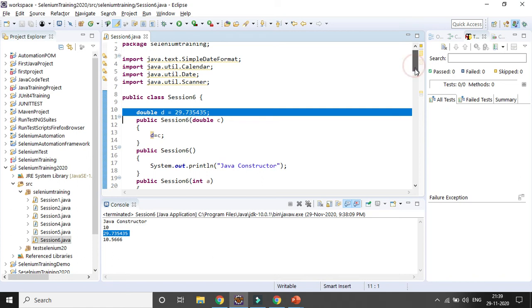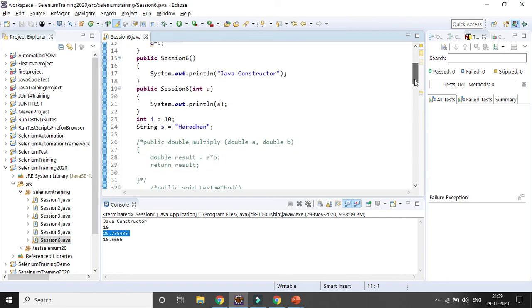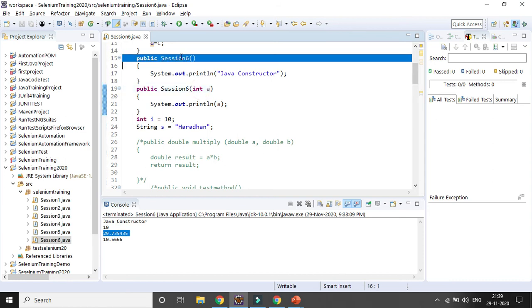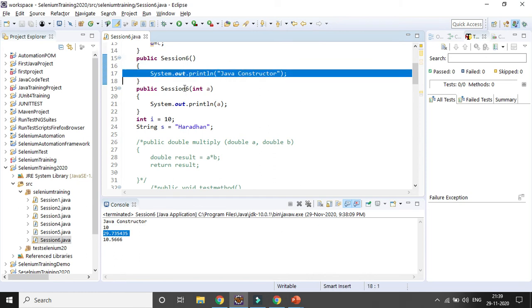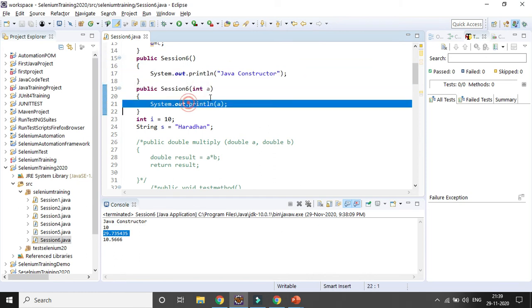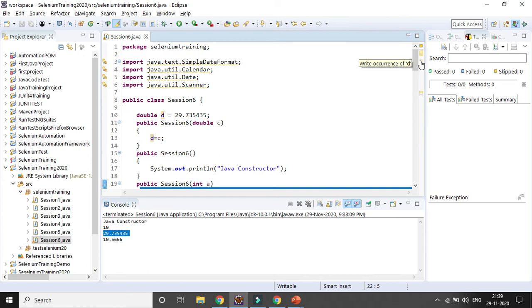Because these are different usages, I have tried to explain all the usages of constructor. A constructor can be without arguments, and here you can print something. In case you pass some argument, you can pass it directly, it will be called, and the output will be there. And in case you want to deal with a variable with the constructor, you can still do it.